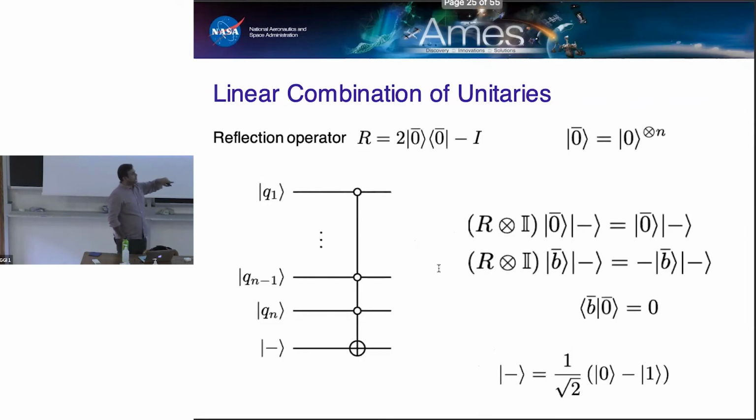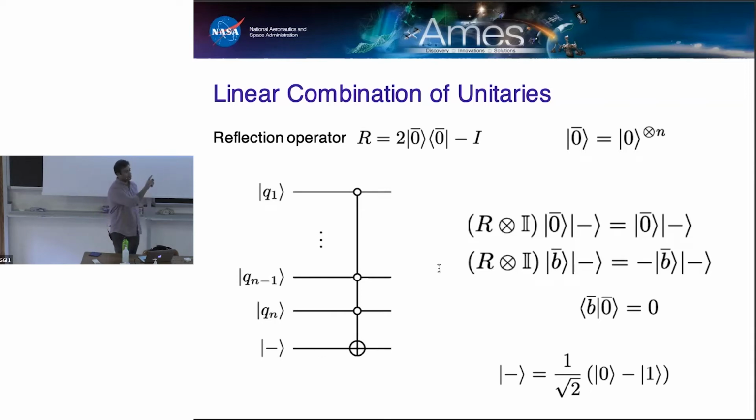But this reflection operator is also something that I can implement rather straightforwardly, right? So basically now, I want to implement this reflection operator about the ancillary register being in the all zero state. And let's say that this was composed of n qubits, right? So then I can use this technique of phase kickback, which basically says, if I apply a conditional NOT gate, where the condition is that all those qubits are going to be in the zero state.